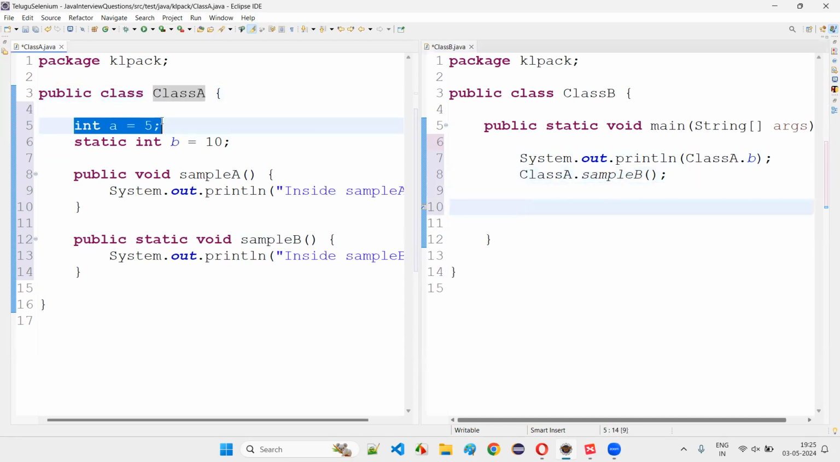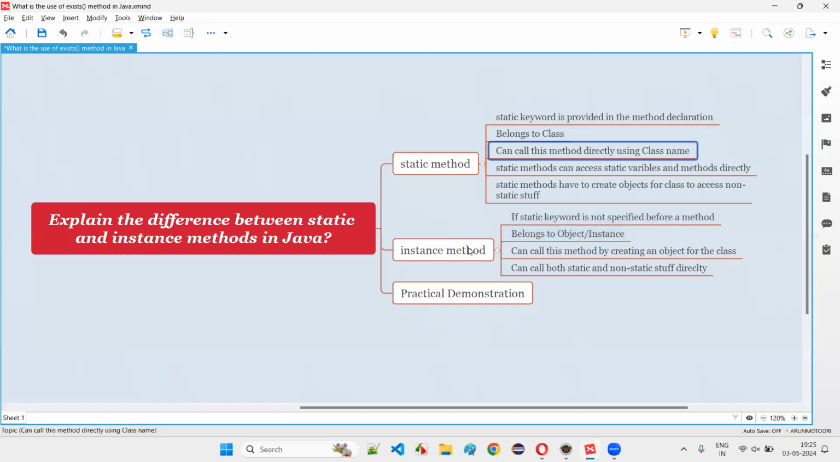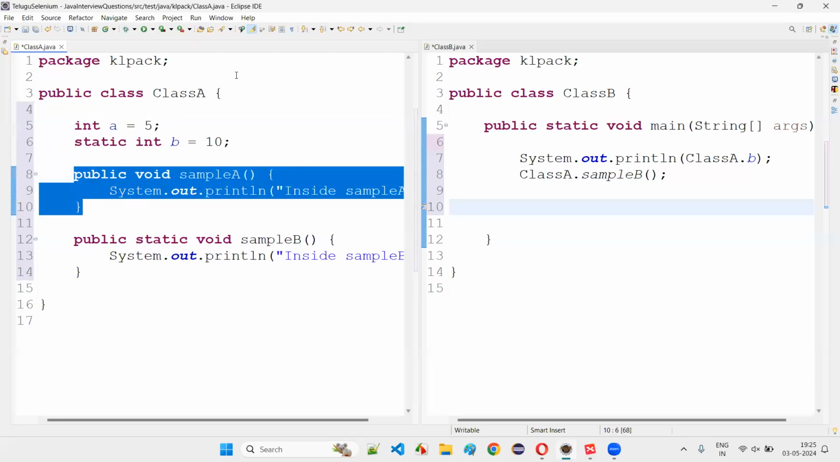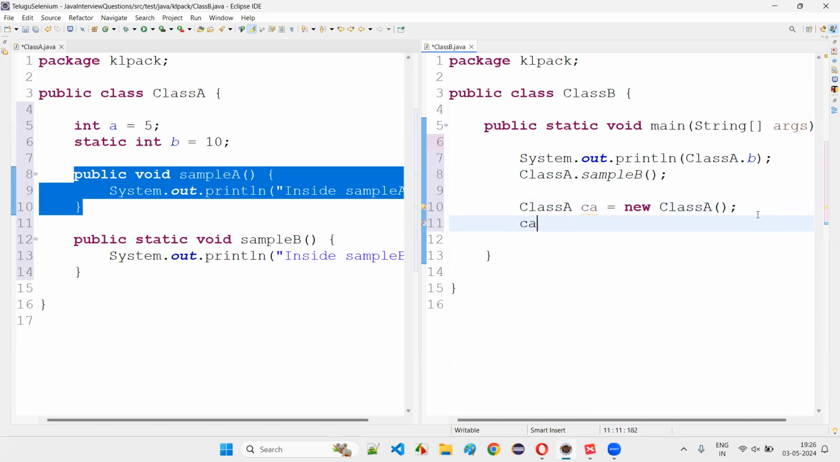But what is the case of the instance variables or instance methods which are not specified with static? For such instance variables or instance methods, especially in this question instance methods, we have to create an object. We have to call this method outside the class by creating an object for the class. If I have to access this instance variable or instance method outside the class, first I have to create an object for the class. How to create an object for the class? ClassA CA is equal to new ClassA. Like this, I'll create. Then CA dot